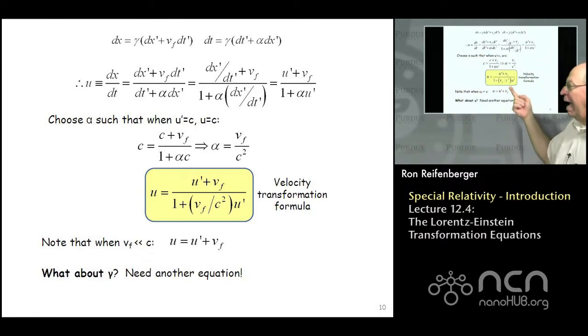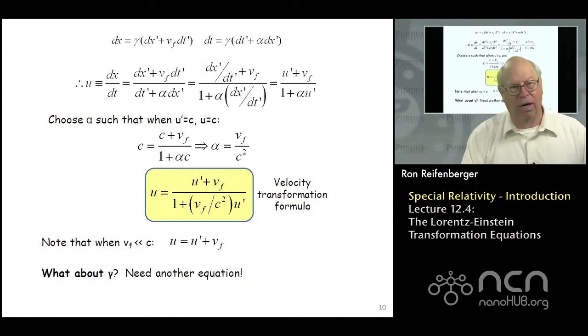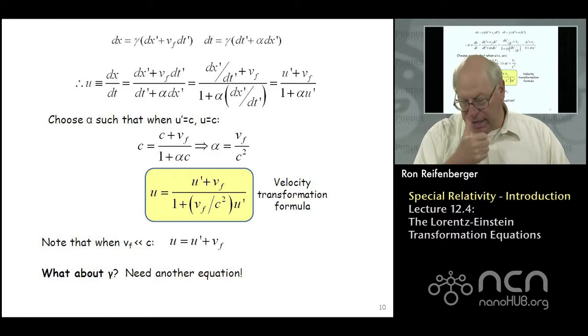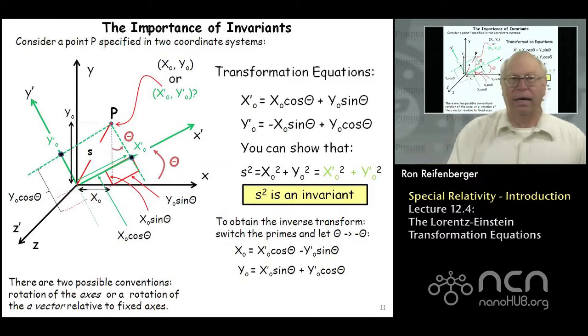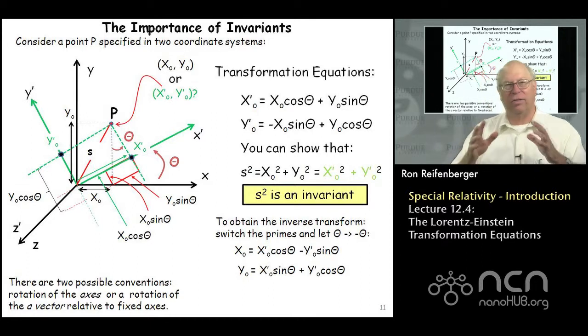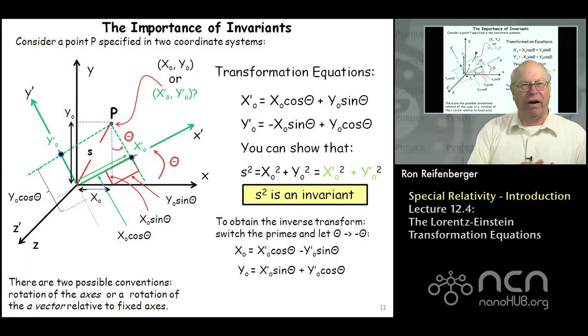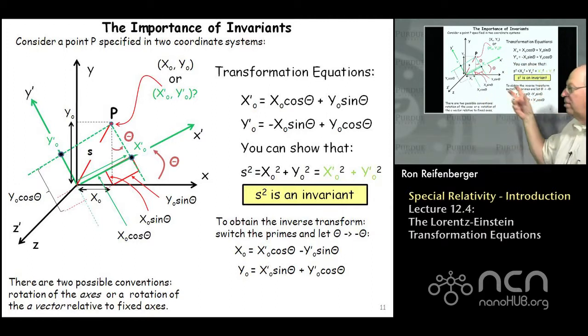So that gets rid of alpha. That gives us an expression for alpha. What do we do about gamma? Well, to get gamma out, we're going to need some other constraint, some other equation. And I'd like to remind you of the importance of invariants when you transform reference frames. And I do that with this simple